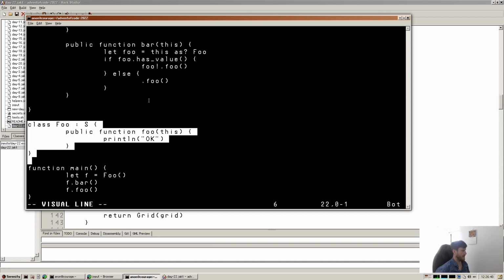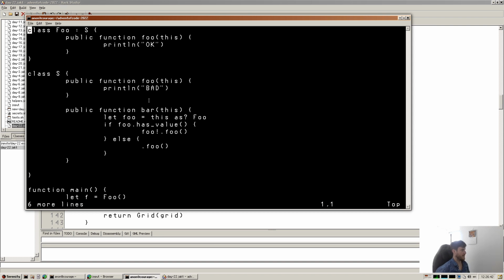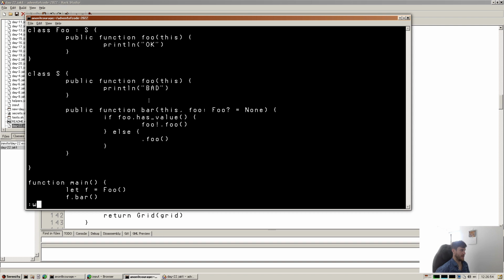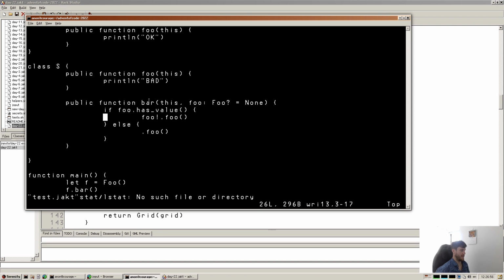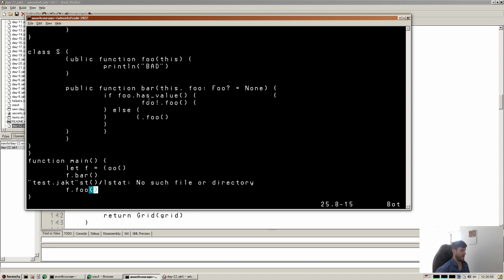Yeah, so I am kind of unsure how we might go about this, but what we could do is actually pass in a foo like that. Yeah, and maybe we can